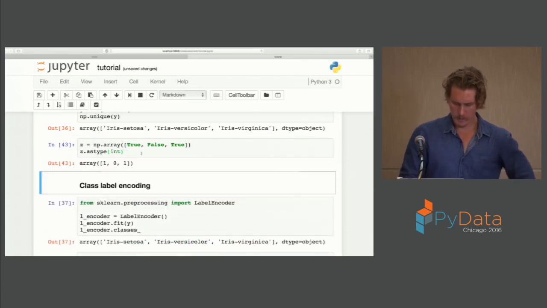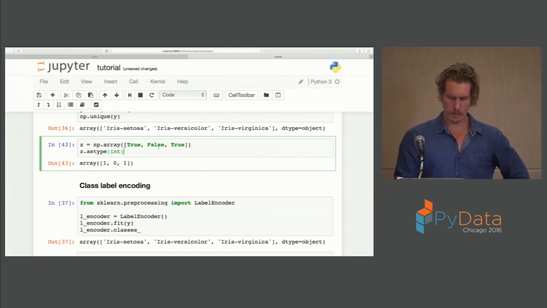Yeah, something like that, but also for text variables, you could also, if there are only 2 of them,